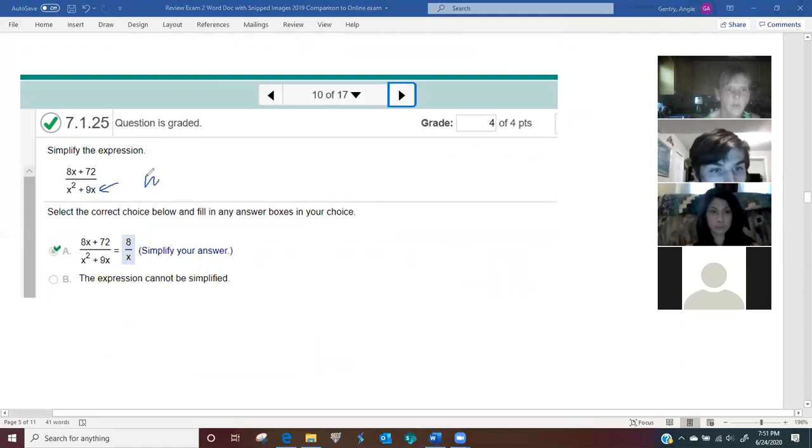This is not a trinomial. First of all, you're supposed to say, she says factor, I say greatest common factor. They both have an x, x times x plus 9. You see what I'm saying? You would not try to factor this like a trinomial. You don't look at how many terms. You always say GCF, is there a GCF? Once you pull the GCF,